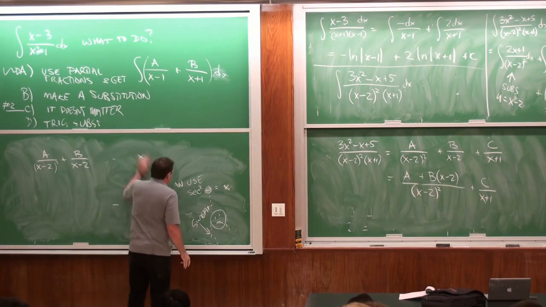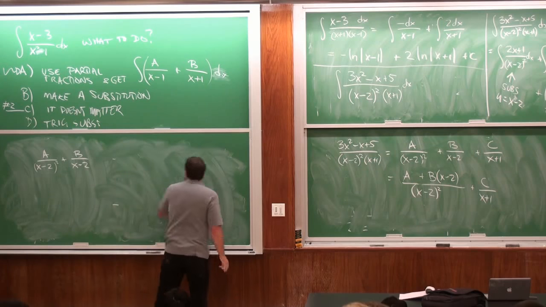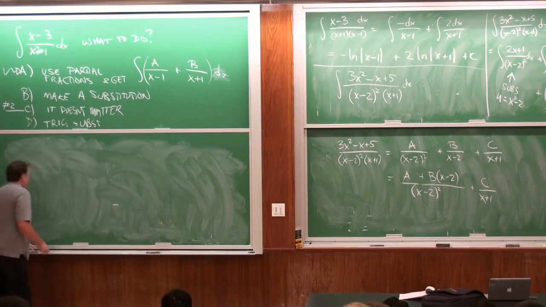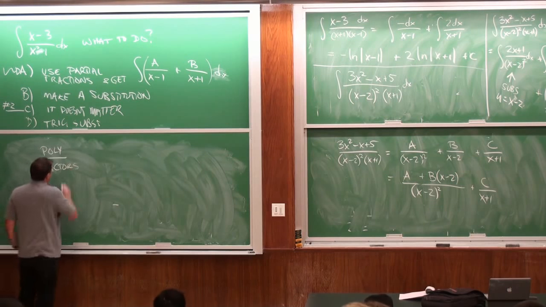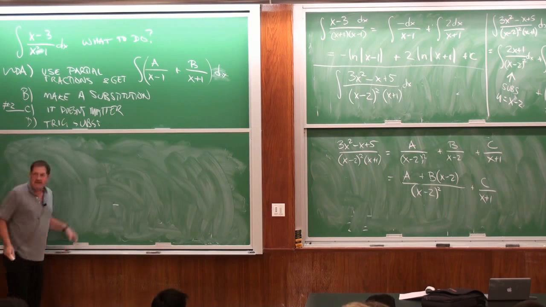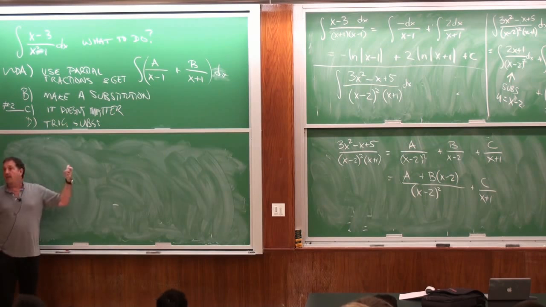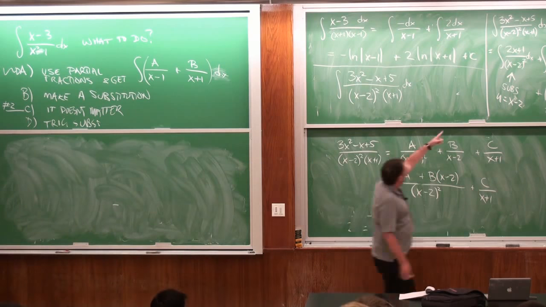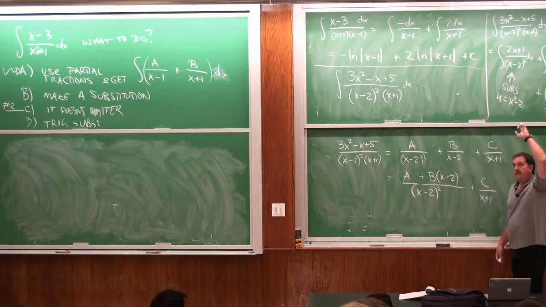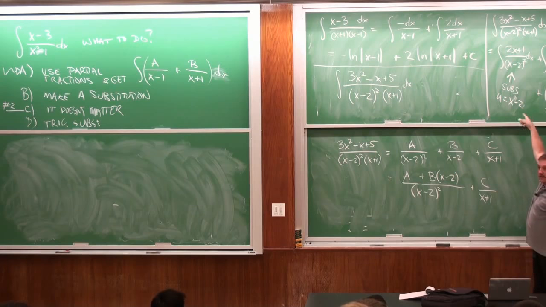So the general situation is that whenever I break this down, the thing on top is always a polynomial of just 1 degree lower than the thing on the bottom. Now, sometimes, like in this example actually, you might have to split it up, because when I make my substitution it's not going to quite work, but I can split that out. You see that? Okay.